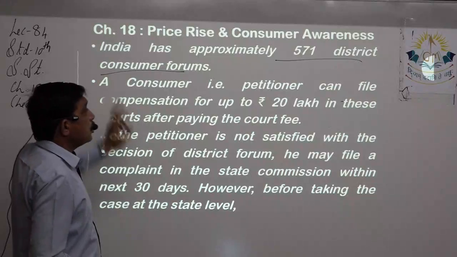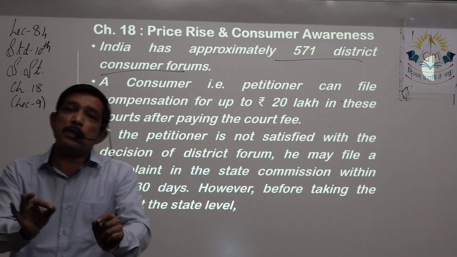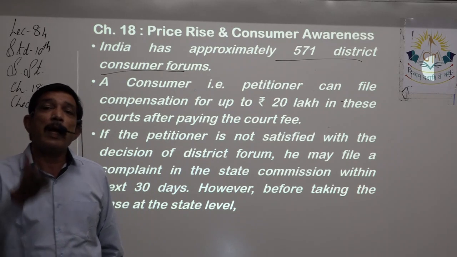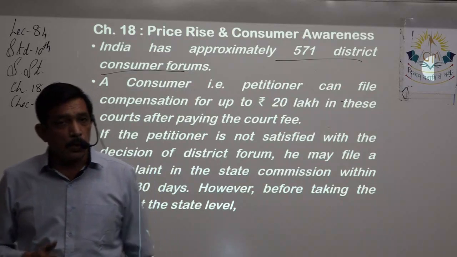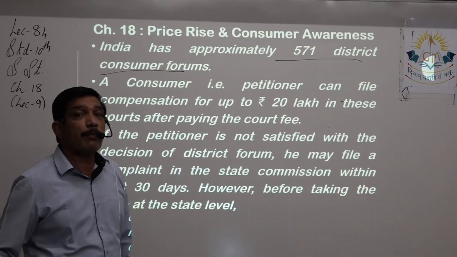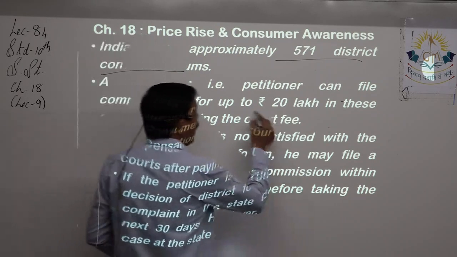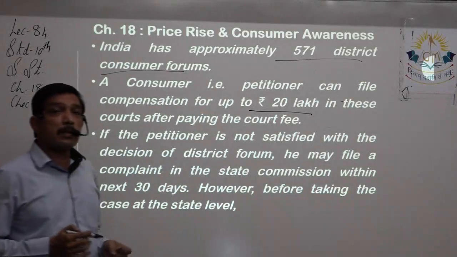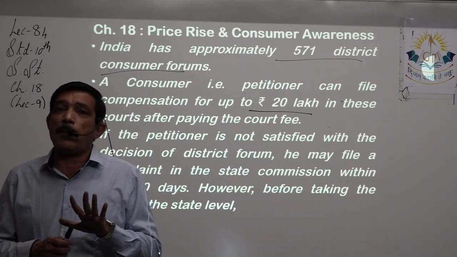So that way a consumer, or a petitioner, who has given a petition or application in the court, or has appealed in the court, that is the consumer himself, or you can call him the petitioner, can now file a compensation claim up to 20 lakh only. The district headquarter has a limitation of up to 20 lakh only. That means below 20 lakh